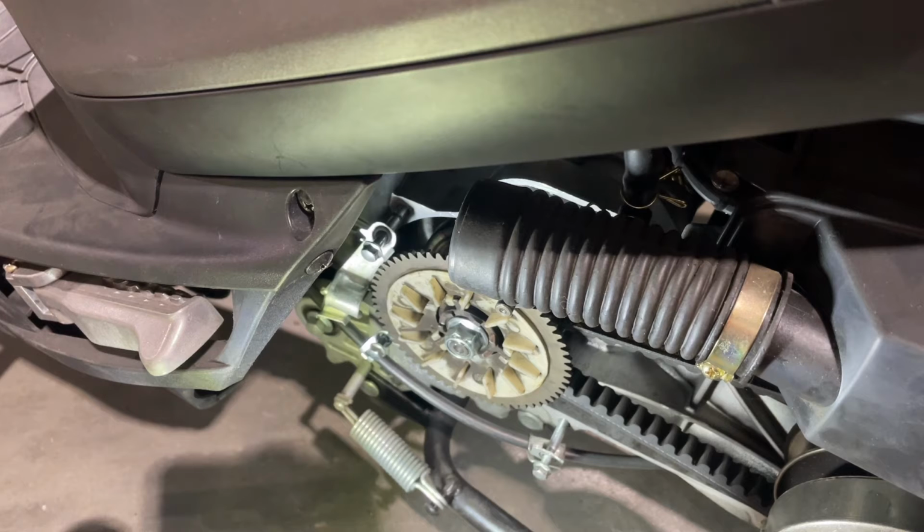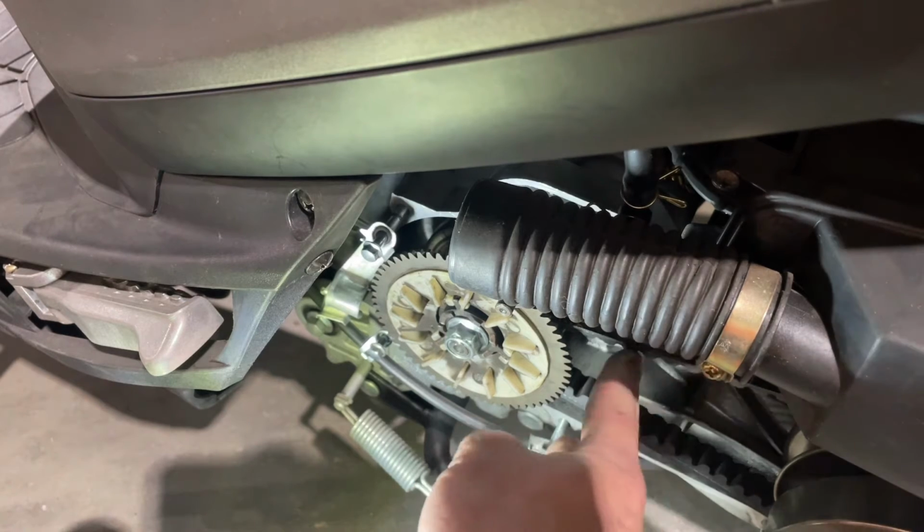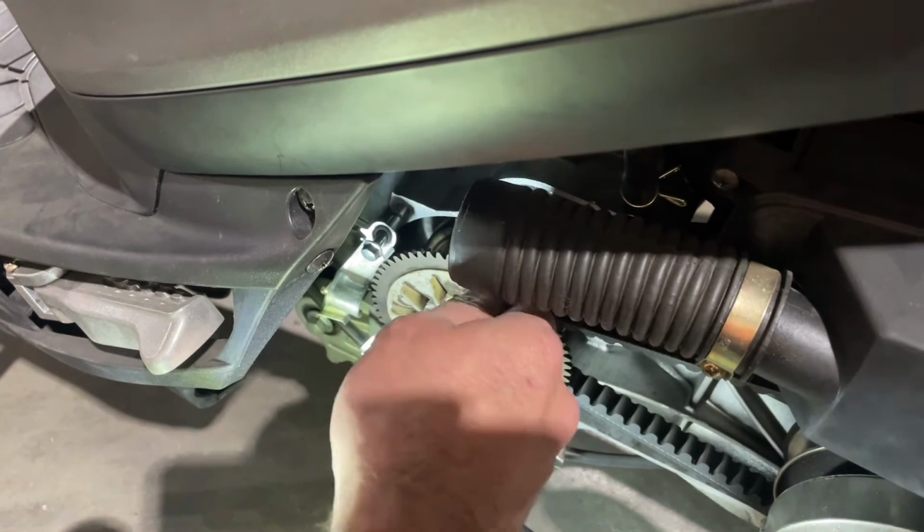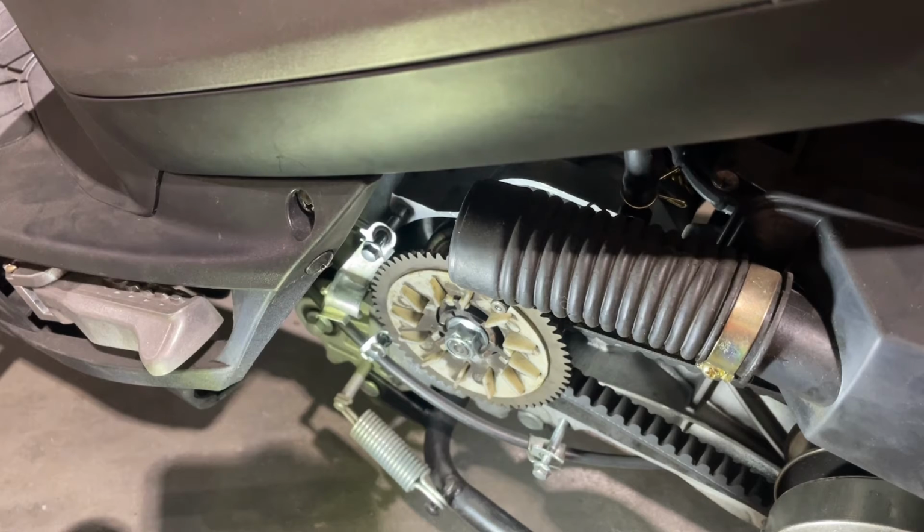And you'll know when your belt starts to wear because you'll be accelerating and you have a very high RPM, but you're not moving very fast. And that's a good indication that your belt there is starting to wear down a bit. So when you do open this up and take your belt out and off to change it,